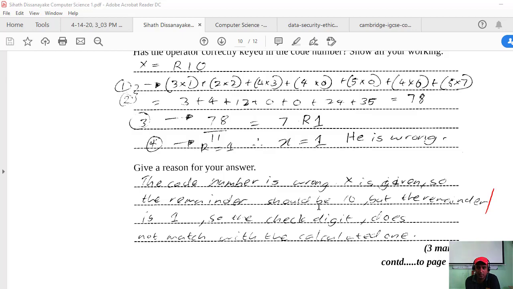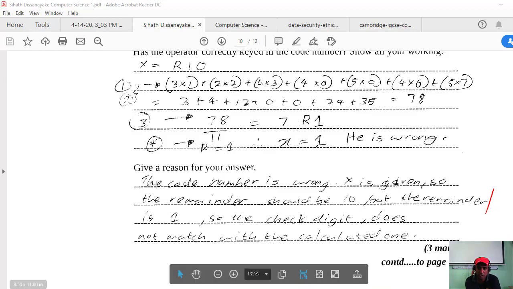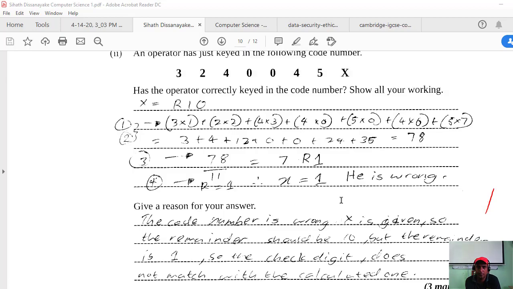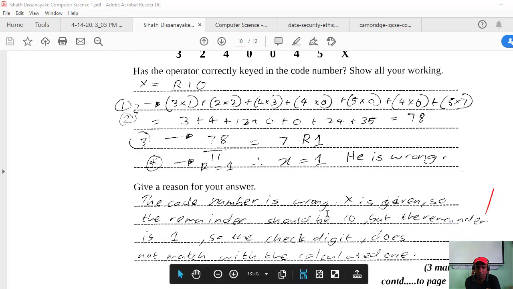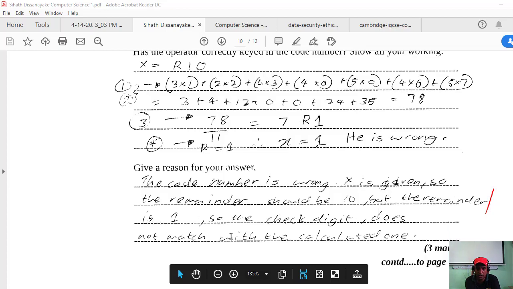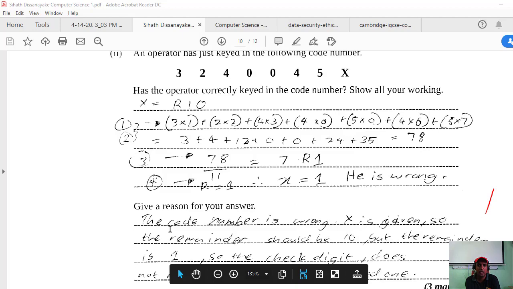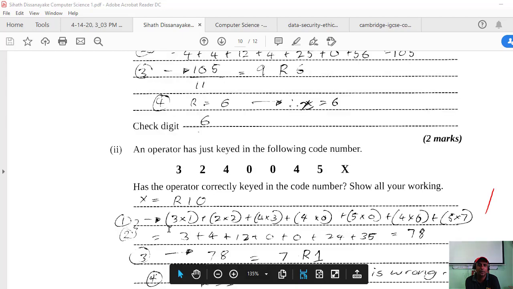X is given. The remainder should be 10. This is what? Yes. Okay, but its remainder is 1, so the check digit does not match the calculated one. Right.